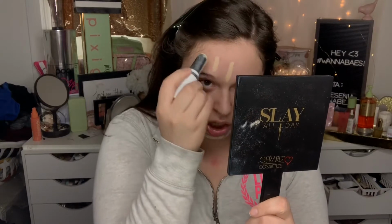Fair 25W. I do like mixing this with another foundation just because it's not quite the right tone for me. It is on the yellow side. I tend to do that a lot when I pick foundations because I like yellow tone foundations to help combat my redness, but sometimes it just is too yellow and it comes out a little too dark on me. So I like using this in conjunction with other foundations, and I like mixing stick foundations in with liquid foundations